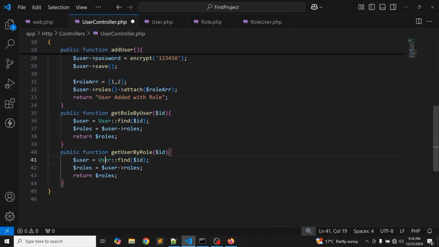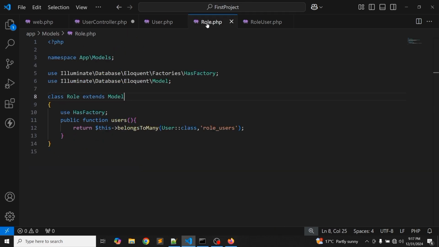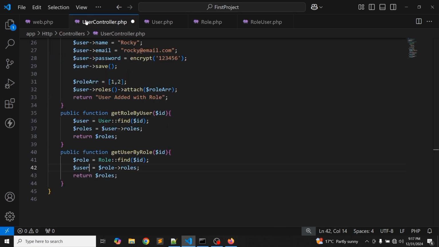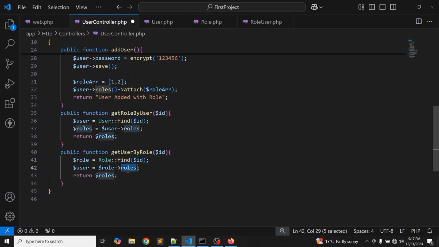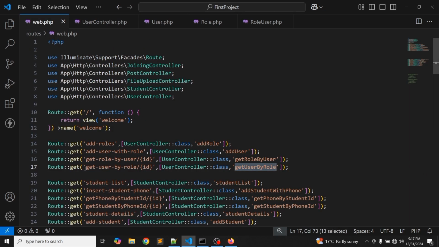And here we need the role model, sorry, the role model, and you can write role, and here simply write role, and this will be the user, and just go to the role model, and this is the users function. So simply write users, and finally return the user. Okay, so just go to this link,